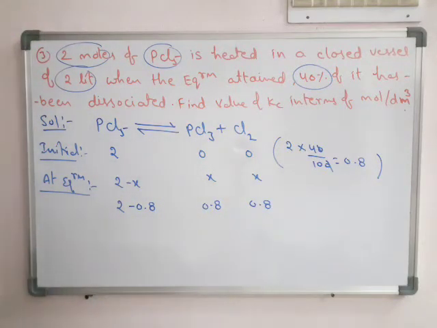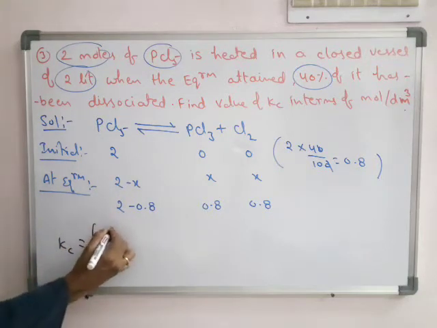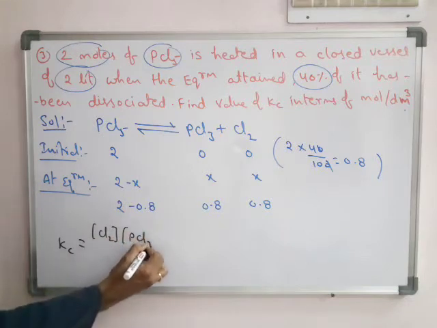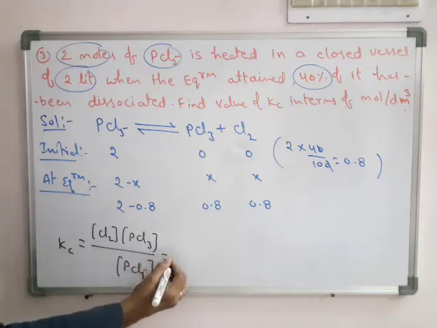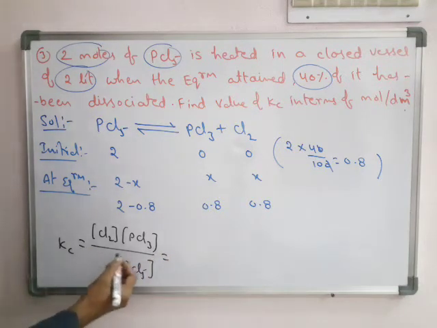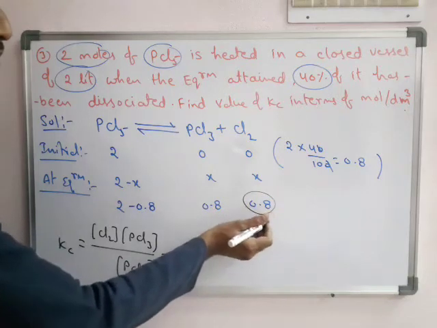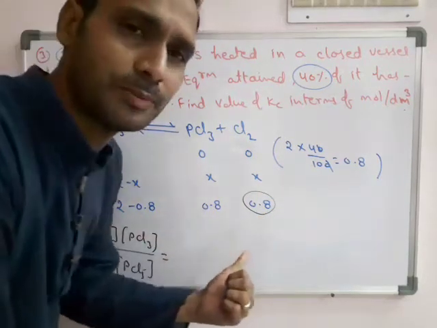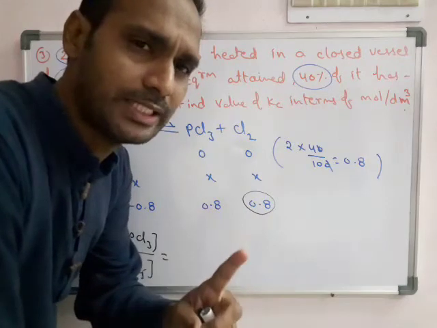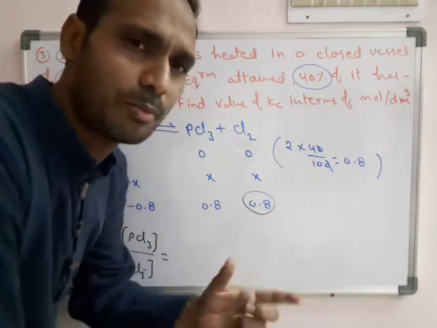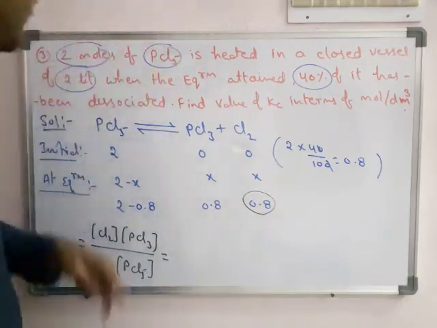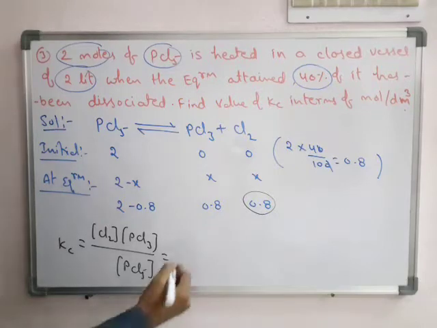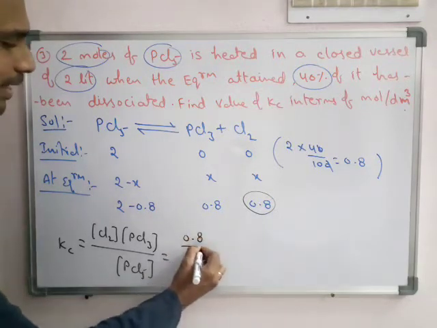So now substitute, just write the Kc. What is the Kc? Cl2 concentration, PCl3 concentration by PCl5 concentration. Then no powers are there. So Cl2 concentration, how much? 0.8. Actually it is moles. In the last problem, I think in the first problem it is only 1 liter, so moles per liter is no problem. Here for concentration we have 0.8 moles per liter. So how many liters are there? 2 liters. Since it is a 2 liter vessel, we have to take 0.8 by 2.